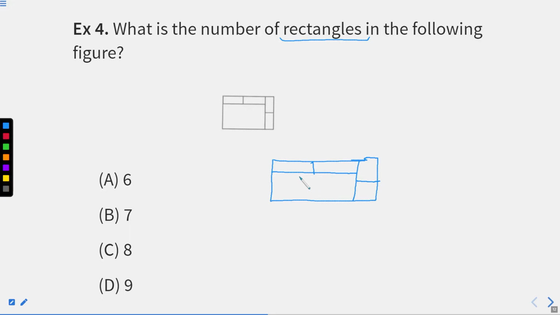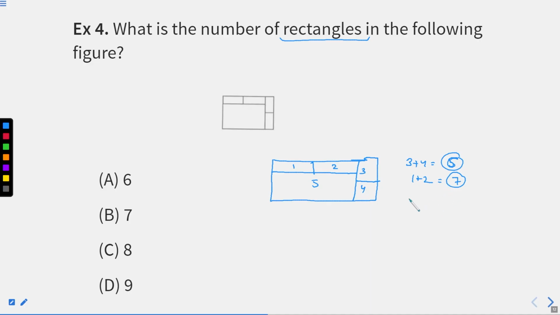If I quickly check how many rectangles are there, we can say 1 is here, 2 is here, 3, 4 and 5. 5 separate rectangles are there. If we add 3 plus 4, we will get our 5th rectangle or the 6th rectangle, right? If we add 1 and 2, we will get our 7th rectangle as well, right?